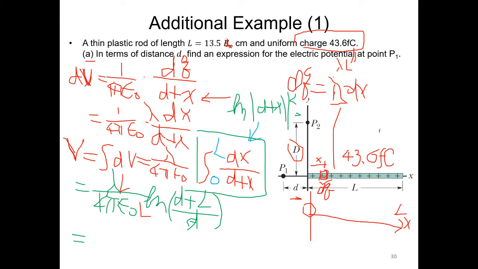So this one will be 43.6 femto. So make sure you really calculate something like femto and nano. Don't keep n here and then you just ignore it and just calculate the number. Some of you doing like this. Make sure you care about the prefix. L is 0.135 times 8.99 times 10 to 9,